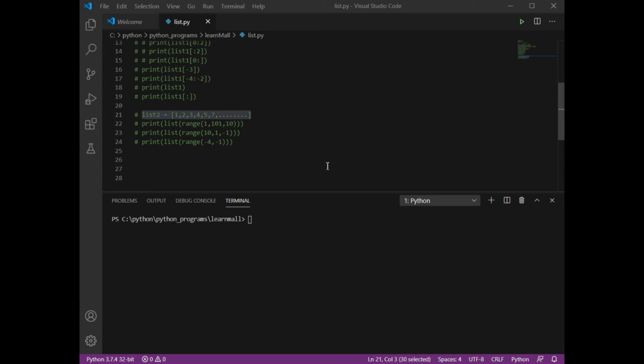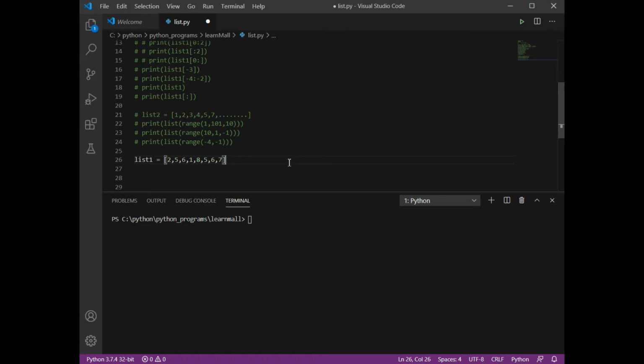Hi, in this lesson we'll be discussing how we can calculate the length of a list and how we can sort a given list. First of all, I'm going to take a list. I'm going to take list1 equals, I can have any elements, and I'm going to take random elements, let's say 6 1 8 5 6 7. So these are my elements.